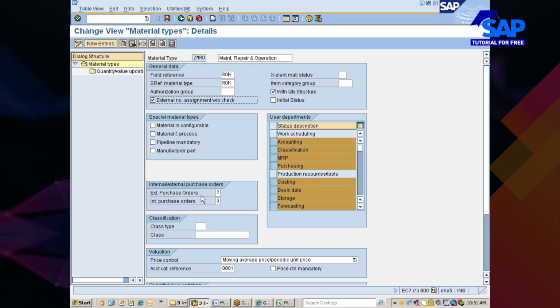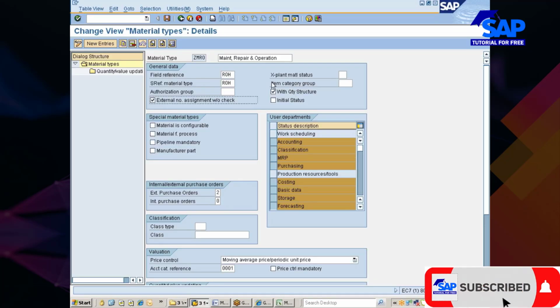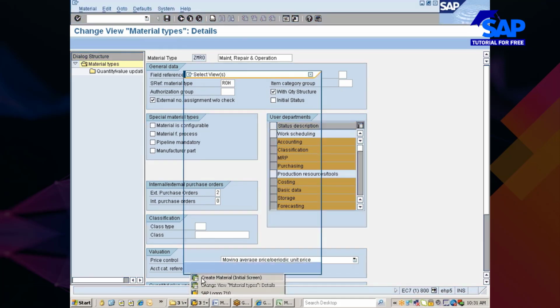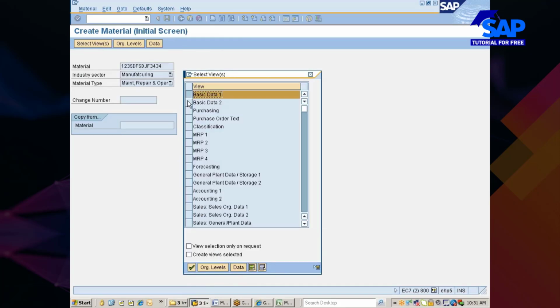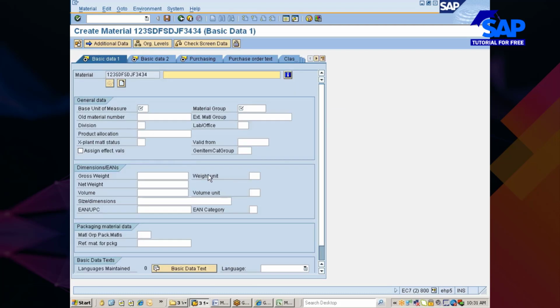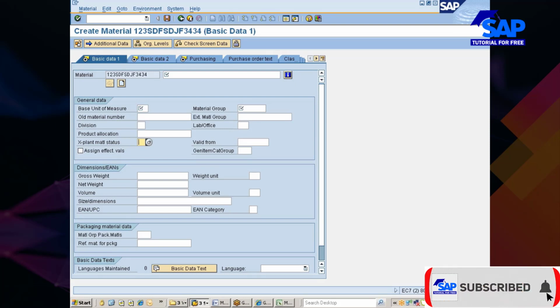Next point, you see here there is something called X-plant material status. What do you mean by X-plant material status? We have already discussed it. I told you this X-plant material status, if entered here, is applicable for all the plants in which the material is defined.